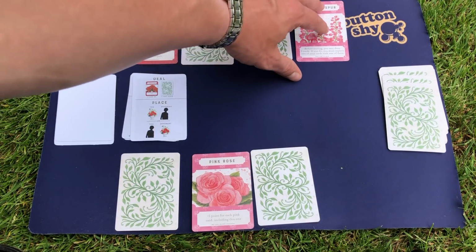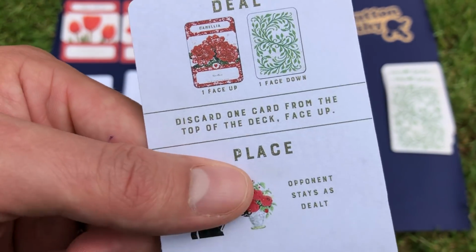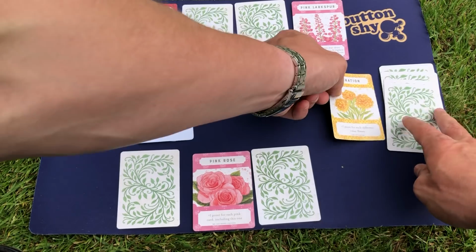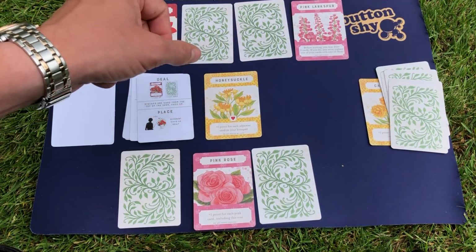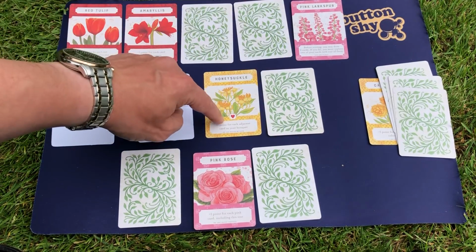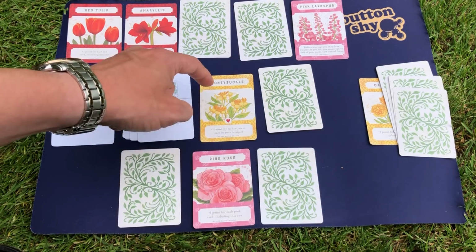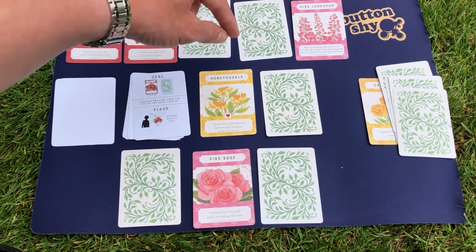So the last turn this round, deal one face up and one face down, discard one card from the top of the deck face up. So Carnation, so now one face up, the Honeysuckle, one face down. Now this Honeysuckle, 1 point for each adjacent card in your bouquet. I've only got a keepsake that's going to be adjacent, so I don't want that card. It would give me a point for the heart, but I need more than 1 point here, so I'm going to take